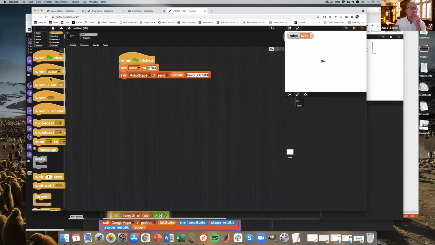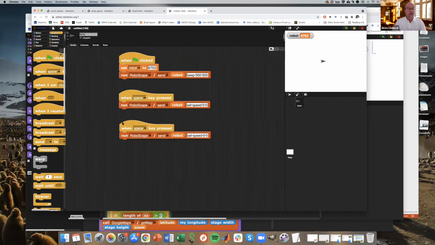Well, what I usually do is immediately create an emergency stop button. So I say set speed 0, 0. So whenever I hit the space key, it should stop. But let's maybe, with the right arrow, try to spin it in place. So one wheel is going to be at minus 50 and the other at plus 50. So it should spin in place when I hit the right arrow.